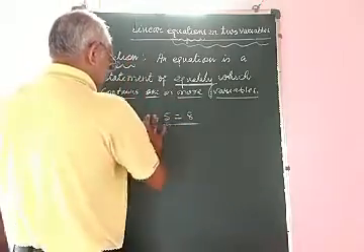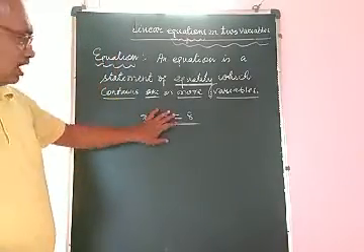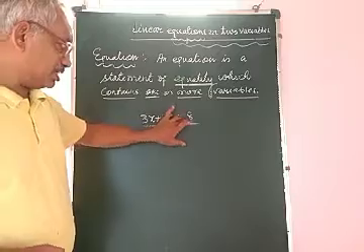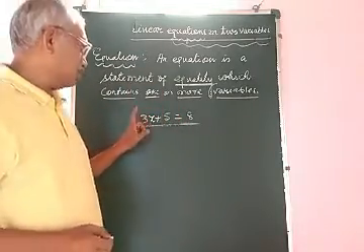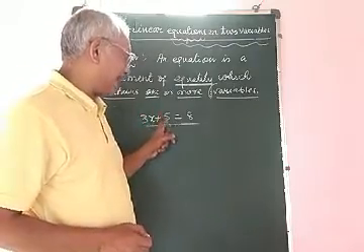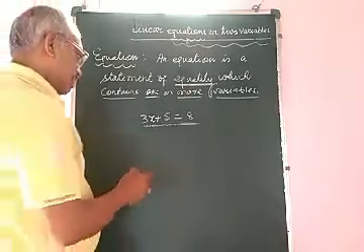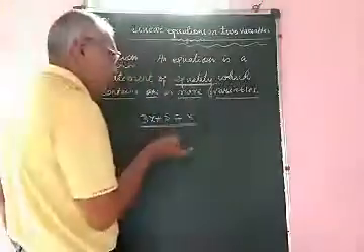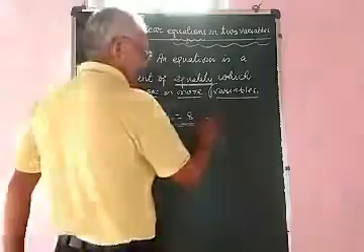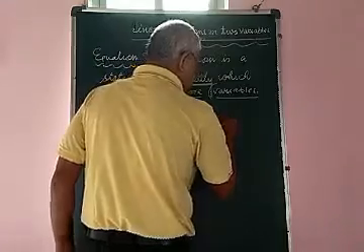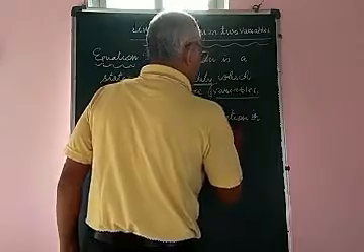So here we write 3x plus 5. Now this is an equality because this is the sign of equal, and this equality contains a variable x. So this is known as an equation. Now in this equation there is only one variable, that is x. So this is known as equation in one variable.